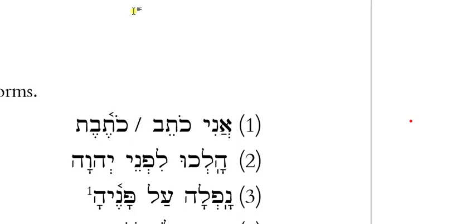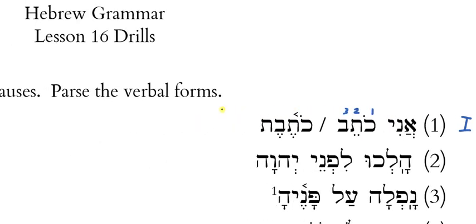What does kathav mean? To write. Remember, Kethuvim is the third part of the Hebrew canon in the Old Testament, the writings. So ani is I. Now look at kothev. Is that a Qal perfect or a Qal participle? You see the O-A. I've got my 3 root letters with the holem with root 1, kothev. That is a Qal participle. So if we're parsing here, we need to indicate the verbal root, kathav, and then Qal participle.